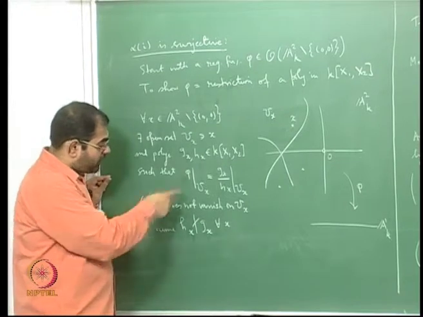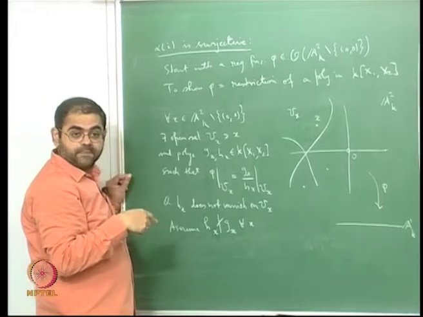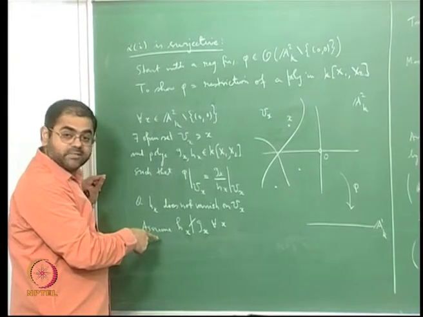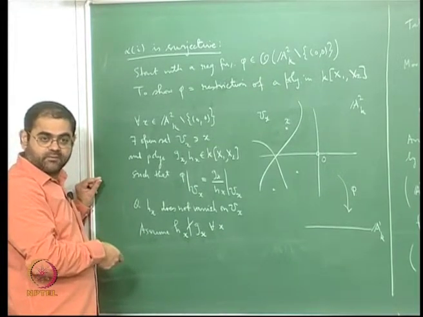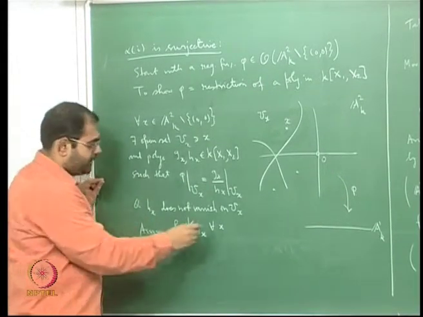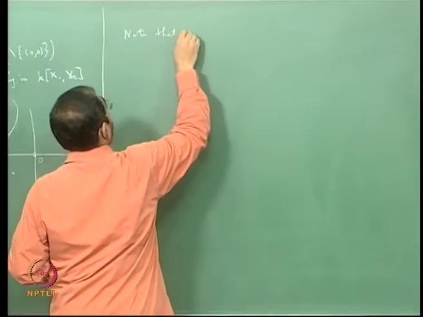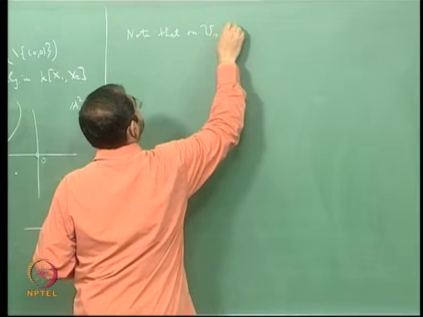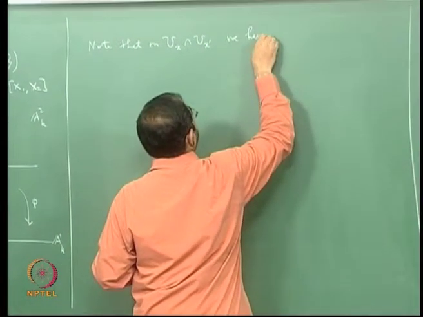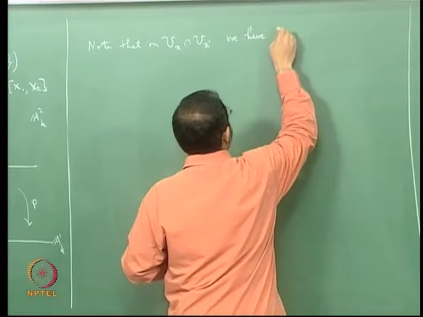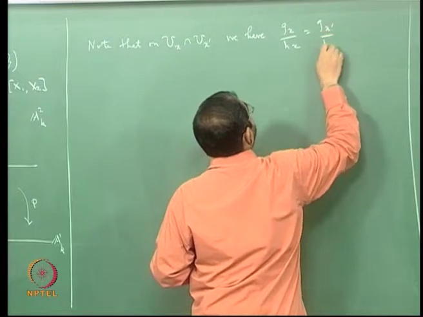So if you assume phi does not come from a polynomial, which means if you assume surjectivity is false, then you are actually assuming that Hx does not divide Gx, that is what you are assuming. So let us assume that and come to a contradiction. Now note that on Ux intersection Ux prime we have Gx by Hx is equal to Gx prime by Hx prime,